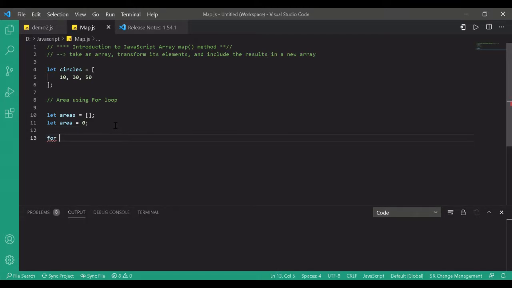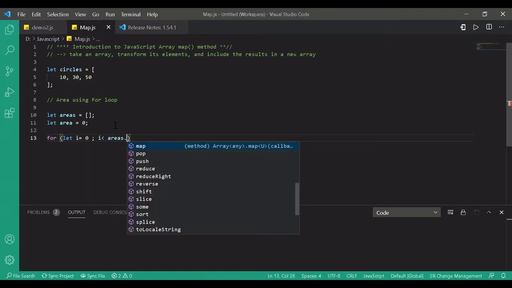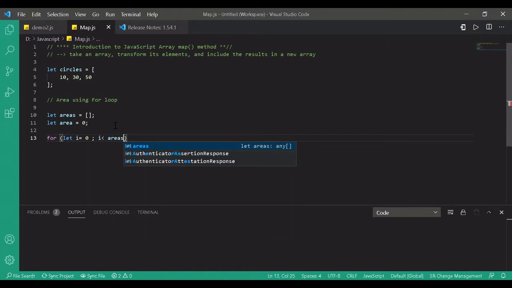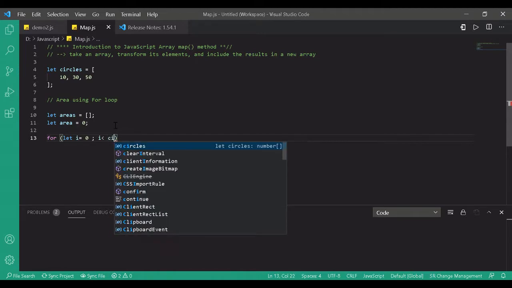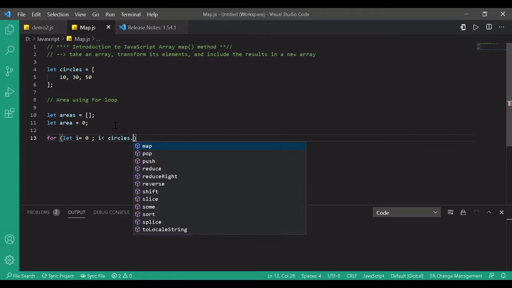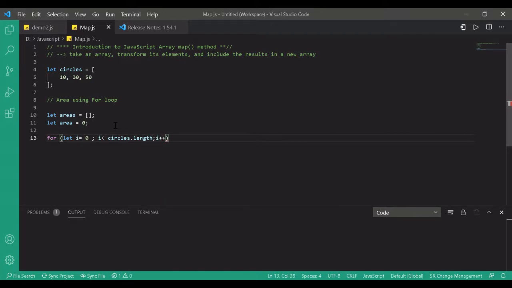Then what we used to do, we will define a for loop. Okay, and we will define it like let i equal to 0, i less than, sorry, it should be circle dot length and i plus plus. Okay, so we will iterate through all the elements of the array, and what we'll do,